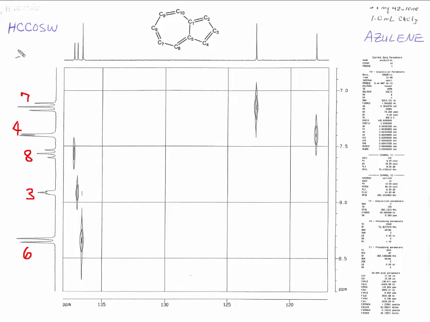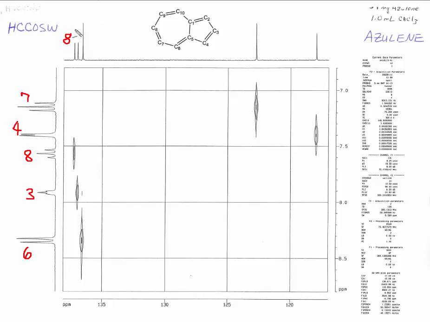So now, if we want to figure out what this first peak is in the carbon spectrum, we would go down and you see that it correlates to the hydrogen 8. So the 2D spectrum basically allows you to match up peaks for the carbons with peaks that we already know for the hydrogens. And so we would assign this one as C8,